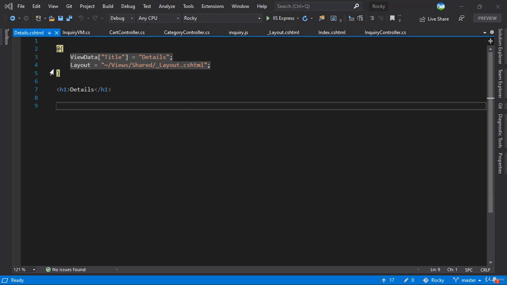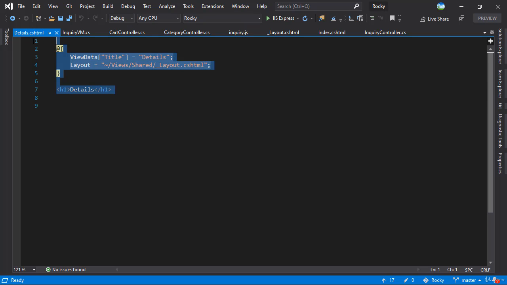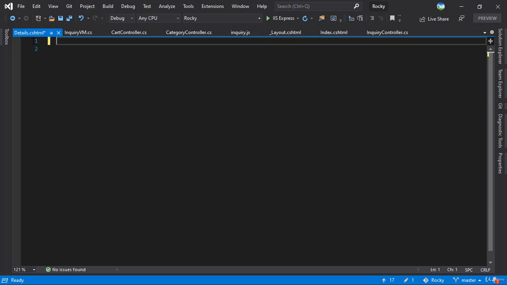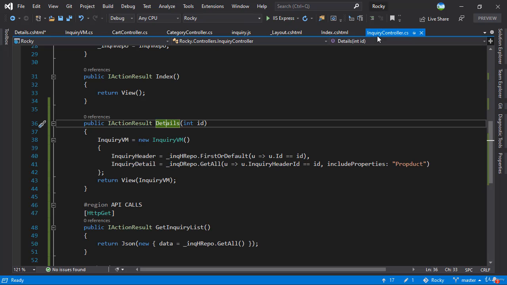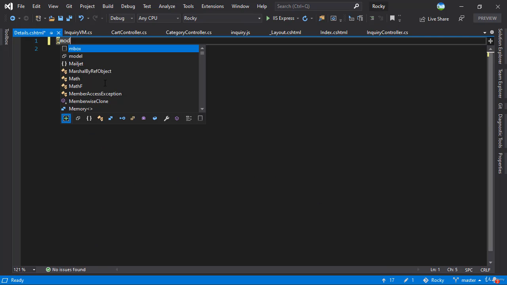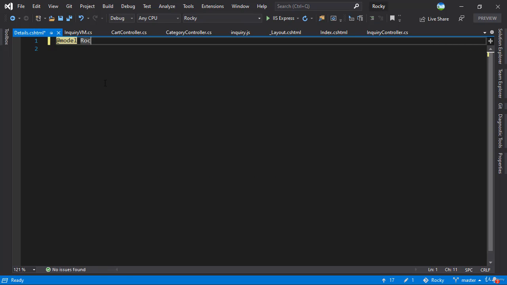What we have to do now is work on the view for inquiry detail. So let me remove everything that we have here. And the first thing is, if we go to our inquiry controller, what are we passing to the view here? We are passing an inquiry view model. So I'll define that model here, which is inside